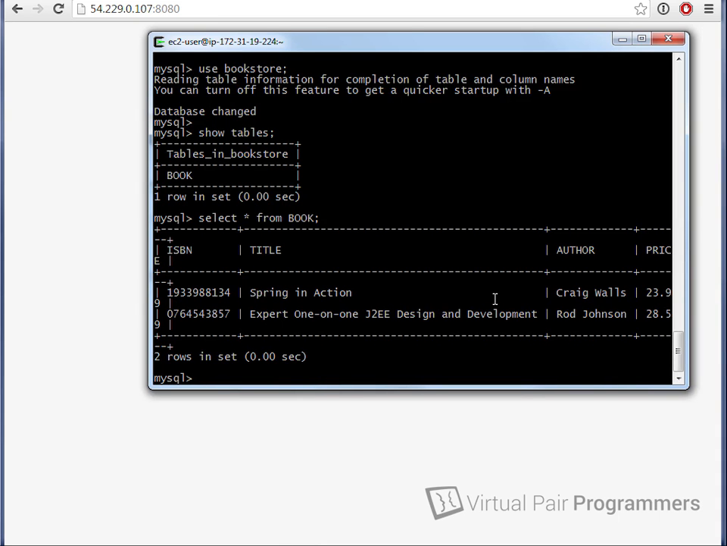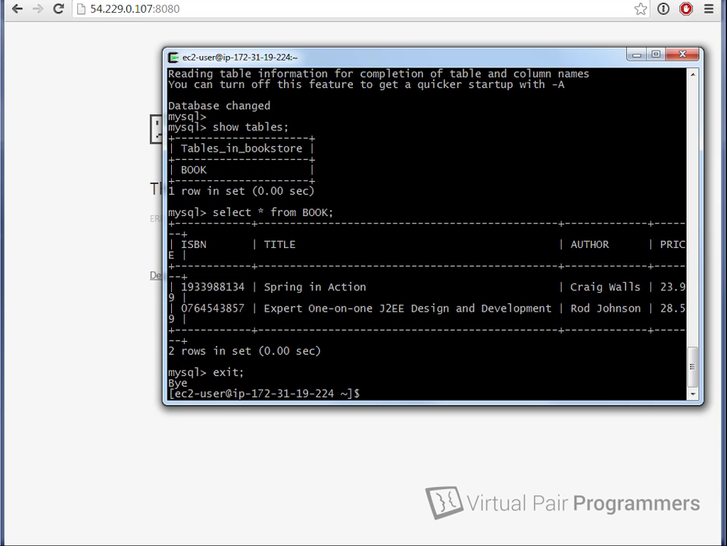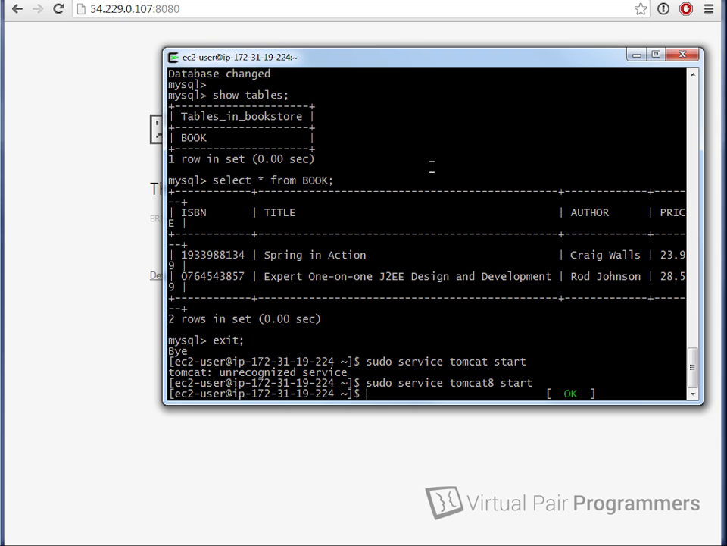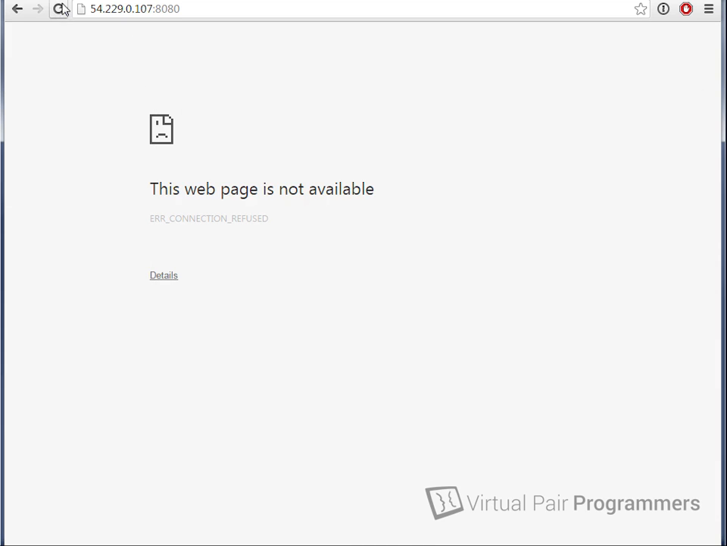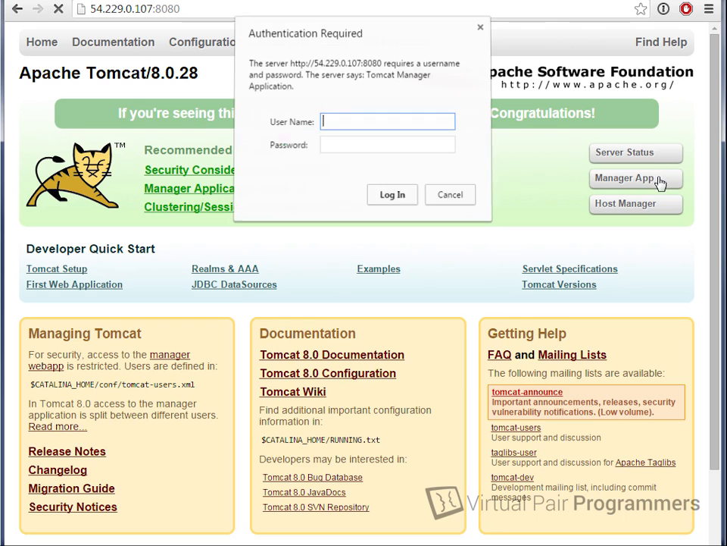At the moment, when you restart a server, the Tomcat instance will not automatically restart. So back in your console, we'll now exit MySQL, and we need to do a sudo service tomcat start. I'm sorry, that's tomcat8 start. That might take a short while to start up, but eventually you should be able to... Yeah, we're now getting back to the Tomcat welcome page, and we should be able to go into the Manager